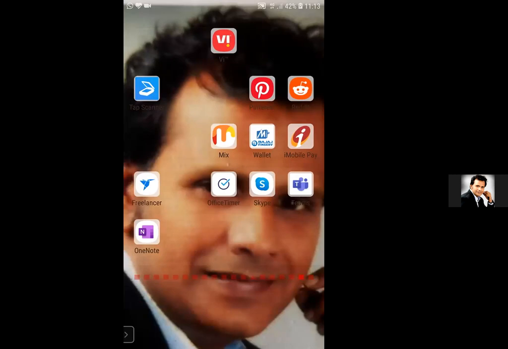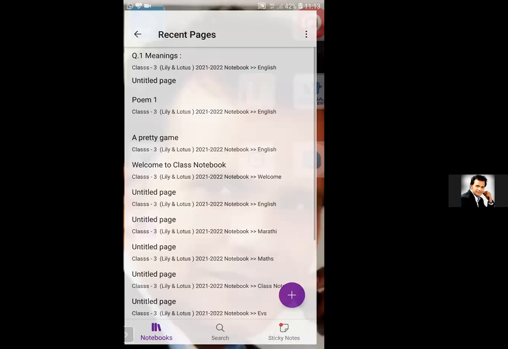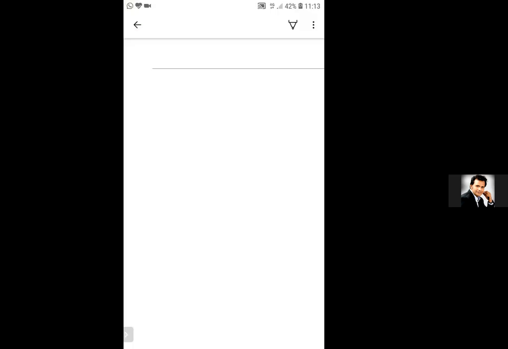See, now I clicked here. So many pages come and we must log into the OneNote app first. Now the screen is loading.